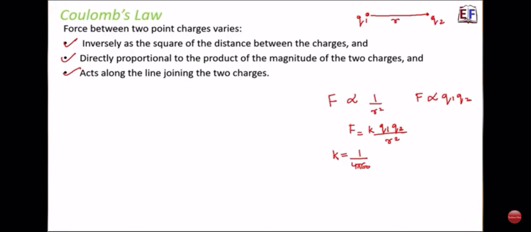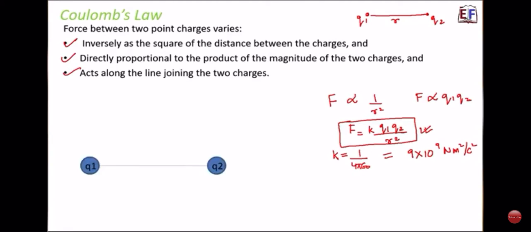Epsilon naught has a constant value of 8.85 into 10 to the power minus 12 Coulomb square per Newton per meter square. So putting that value, k was found to be 9 into 10 to the power 9 Newton meter square per Coulomb square. In this fashion, we arrived at Coulomb's law. This expression tells us the force experienced between the two point charges which are placed r distance